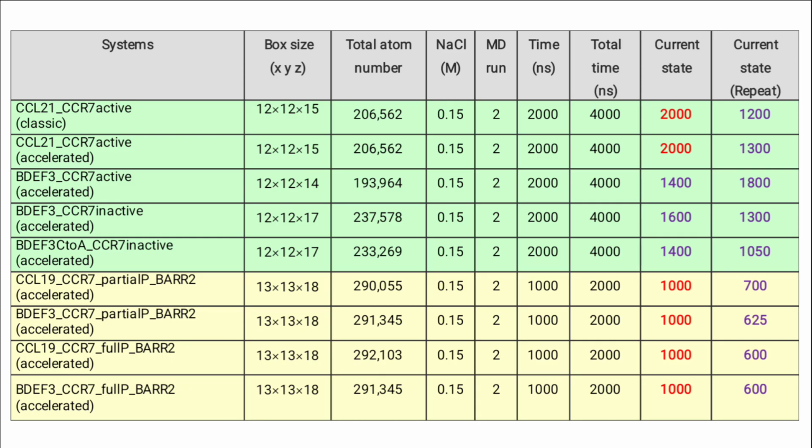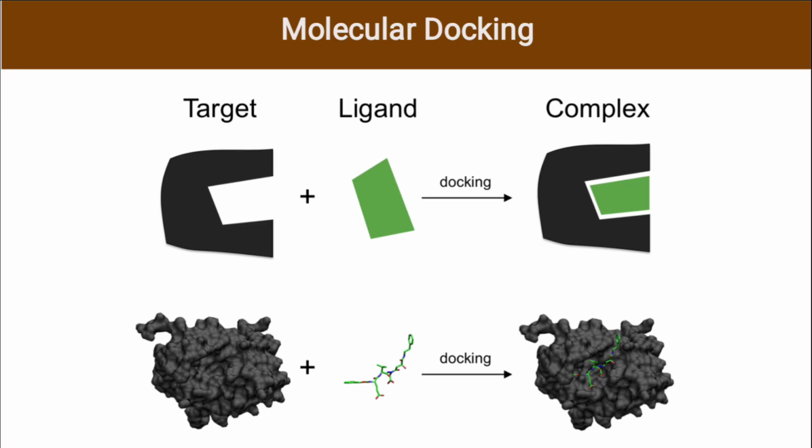So here is all of the systems that I perform in the computational design. I perform this experiment based on three different ligands, which are CCL21, CCL19, and human beta defensin 3, bound to the same receptor, which is CCR7. First of all, I would like to do the molecular docking, and this progress